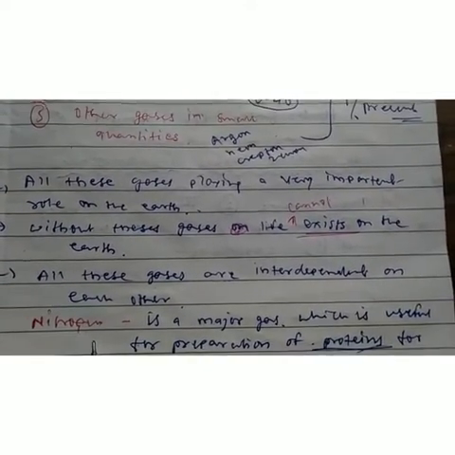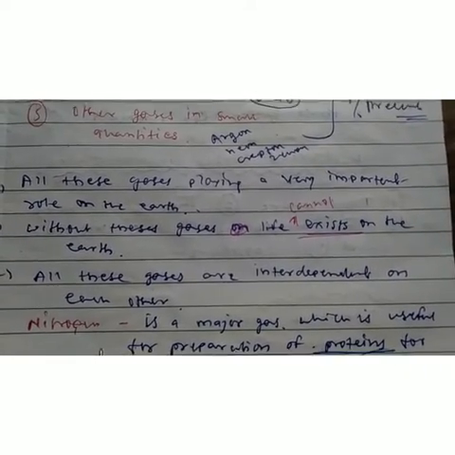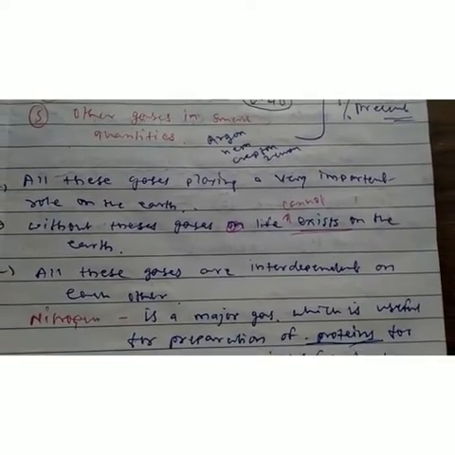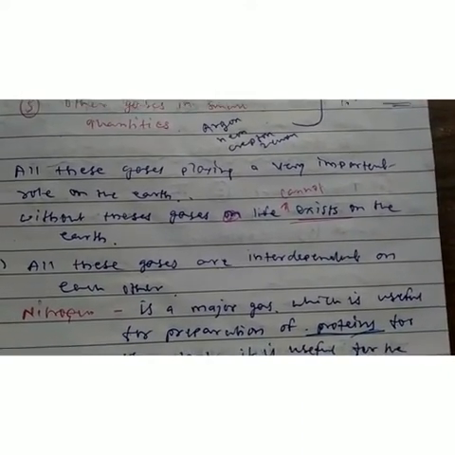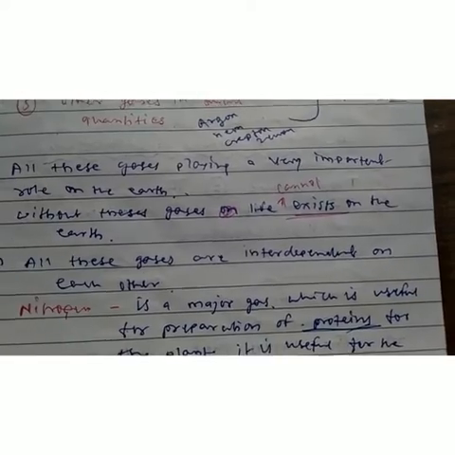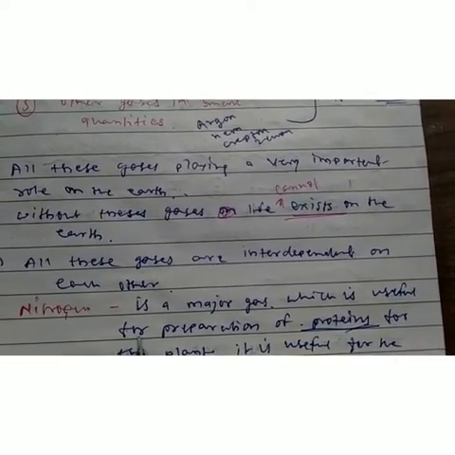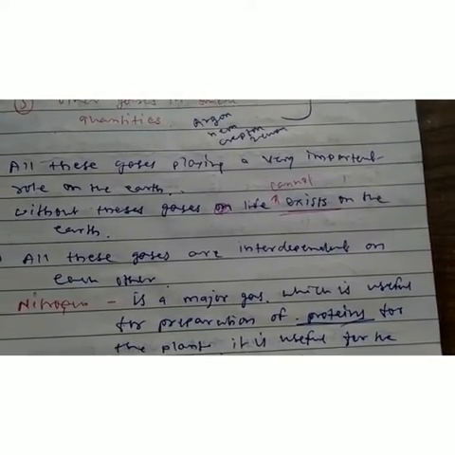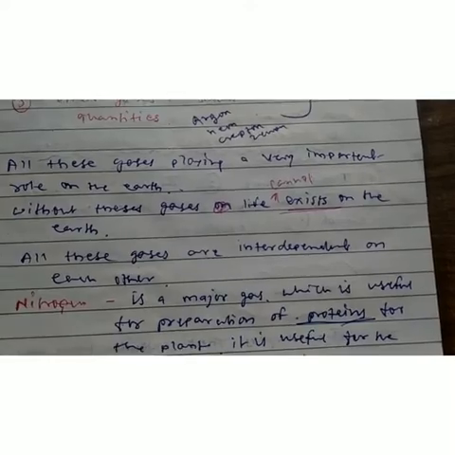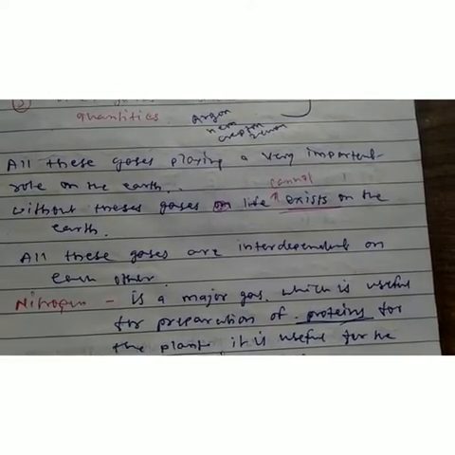Nitrogen is a major gas. Its percentage is very high, 78% in the air. Who uses this nitrogen? Questions will arise. This is not in your topic, but I am giving you this additional information because we are studying the atmosphere. In the atmosphere, nitrogen is a major gas, which is 78%. What is the use of this gas? This gas is used by the plants only. You will say, sir, plants take carbon dioxide or oxygen, but nitrogen where?